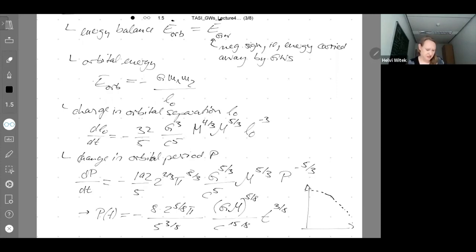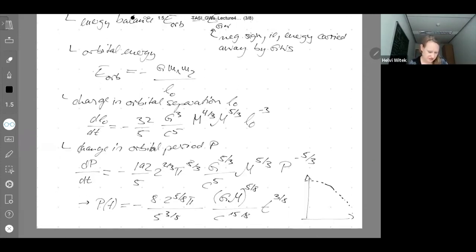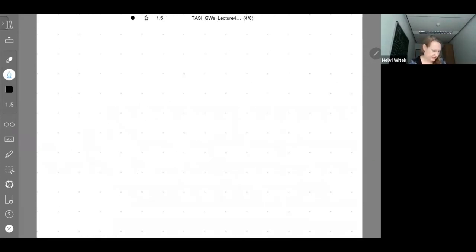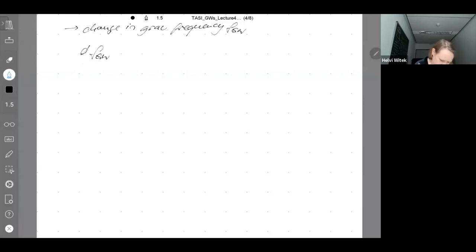Good, so let me just continue on the next slide. The change in gravitational wave frequency, we label that as F_GW. And again, inserting in the balance law will give you this differential equation here, dF/dt is given by a coefficient